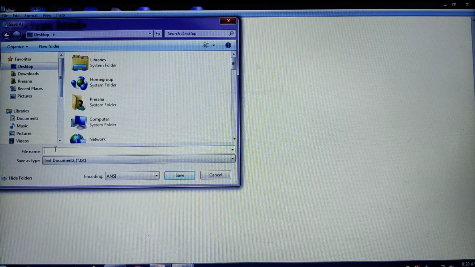So I'll give the file name as demo. But remember what file extension we have to give it. We have to give it as .html. So demo.html. This is how we need to save it. Alright. And then we'll click on save.